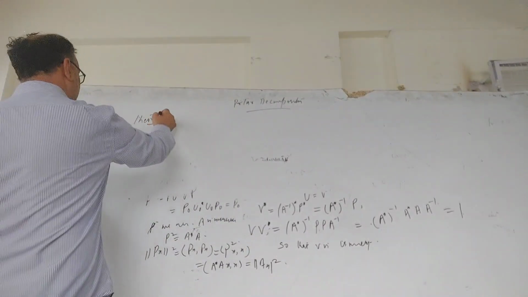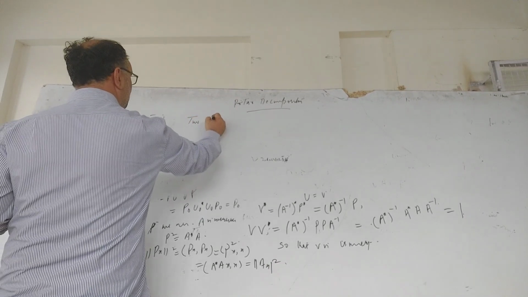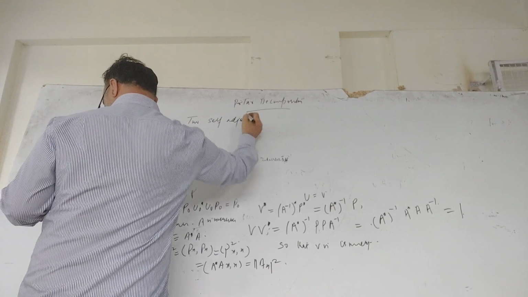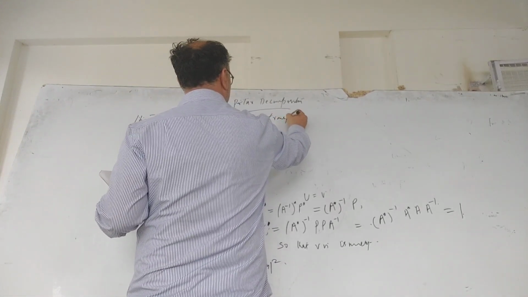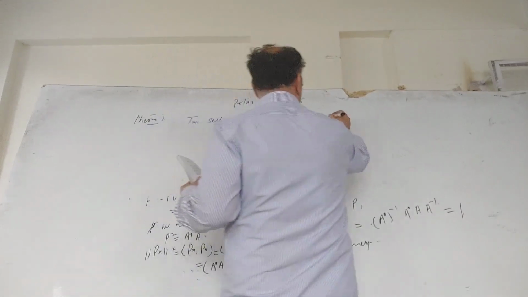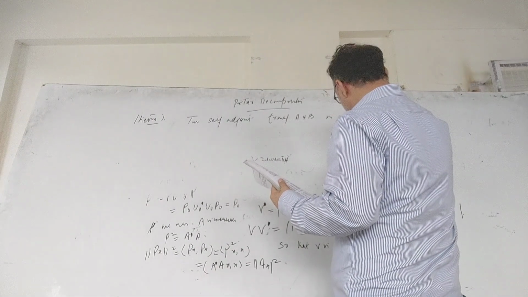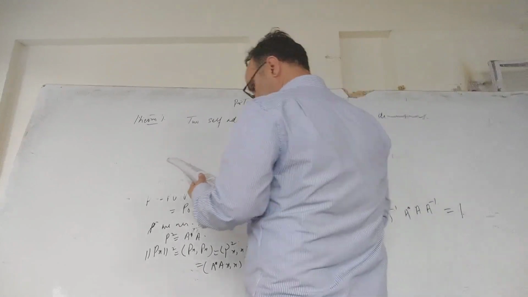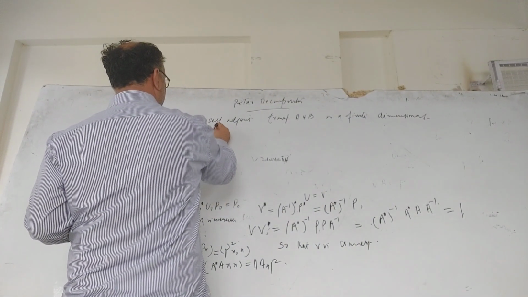The theorem says that two self-adjoint transformations A and B on a finite dimensional inner product space